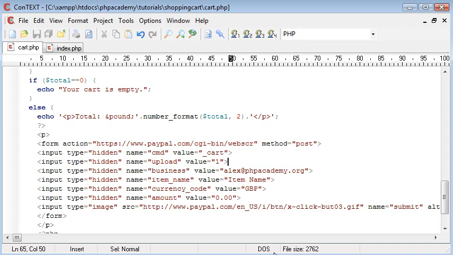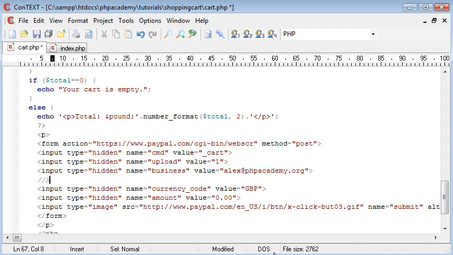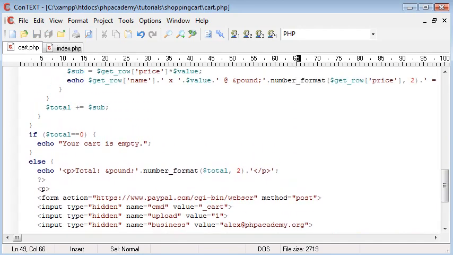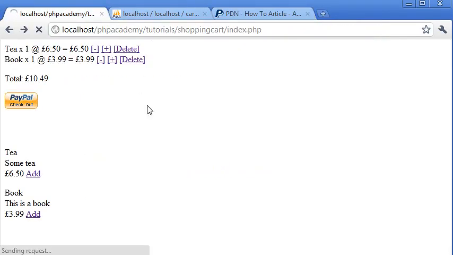So we've got my email address in there. Item name we don't need. What we're going to do here in a minute is different, so I'm going to leave a little blank space there. Currency code, and we need the title. So all I'm going to do is open up some PHP tags and echo total out, and that's from up here, the variable here. So now at the moment, if we refresh and I click on checkout,